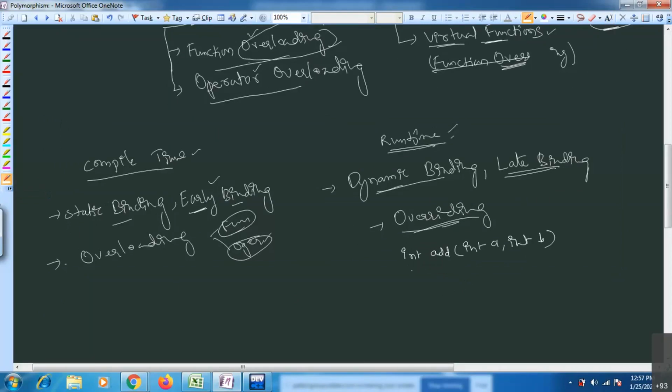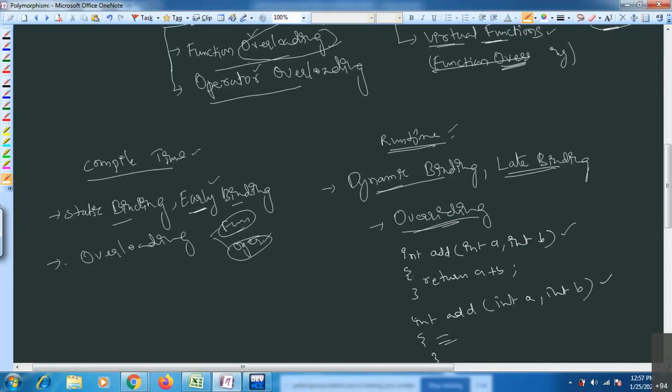In the same way, another int add function is there, expecting int a comma int b. If you observe here, both the functions are the same. There is no difference between this function and this function.